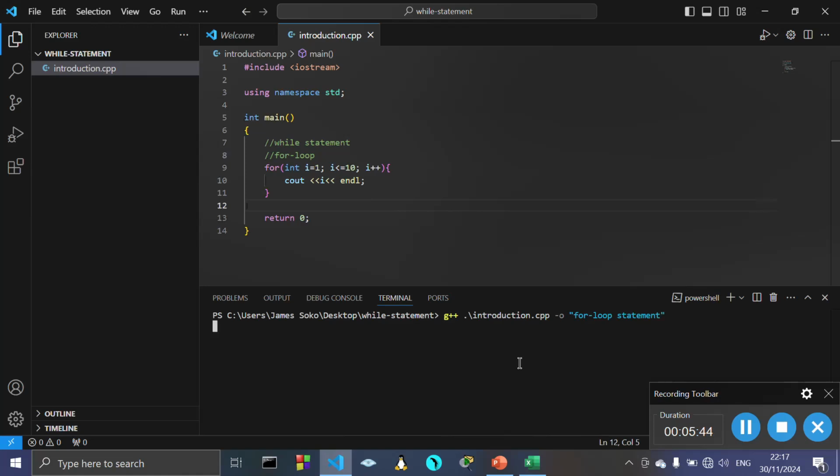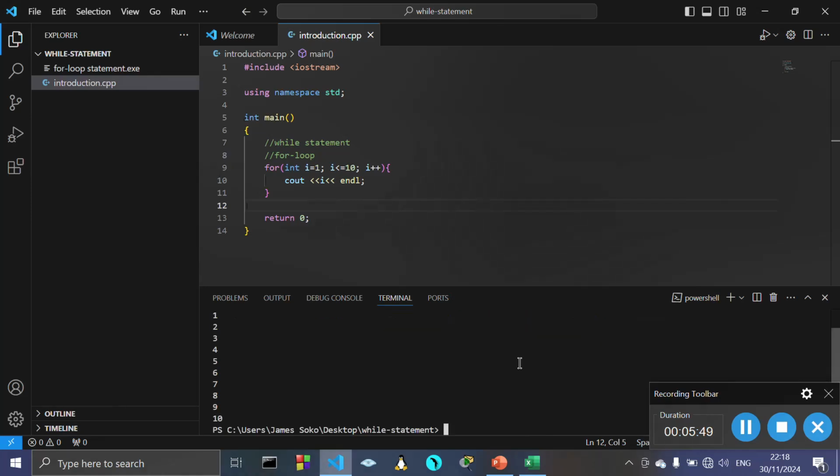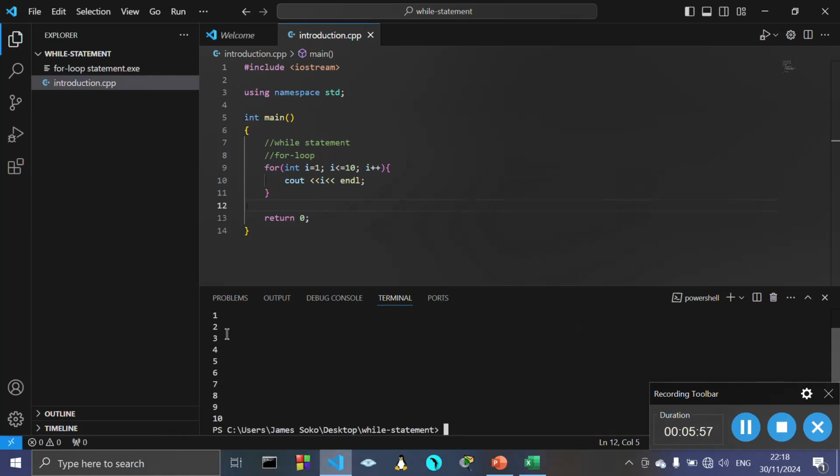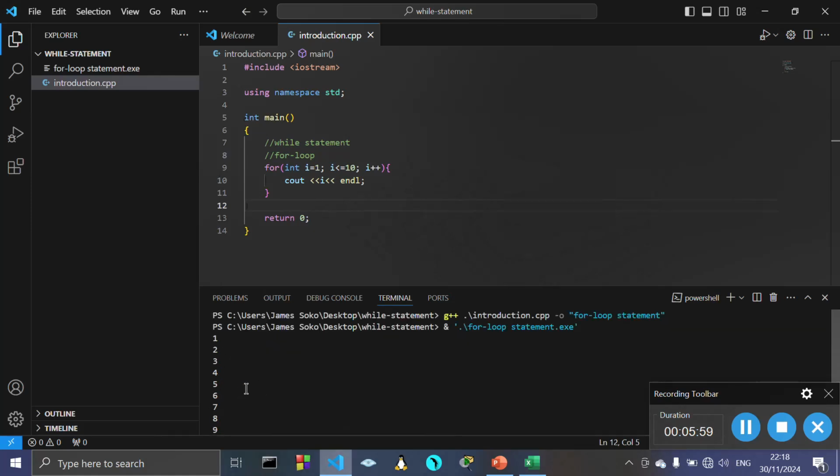Okay, so I'm going to run that executable file. So as you can see, it has managed to count from 1 and then up to 10, because